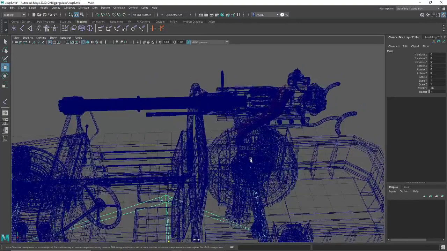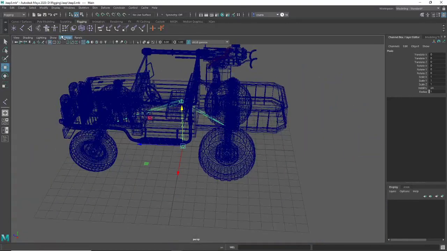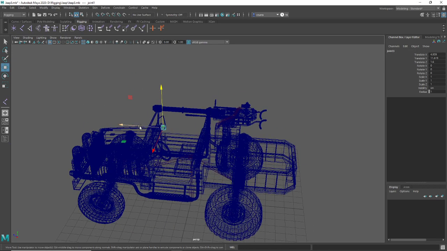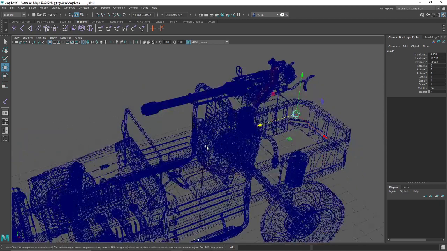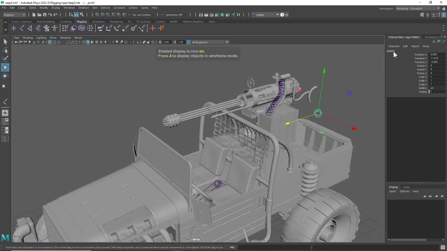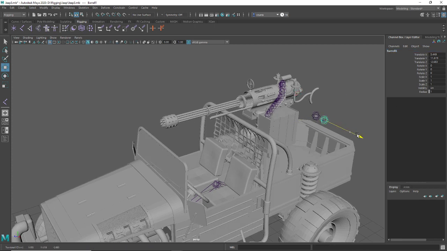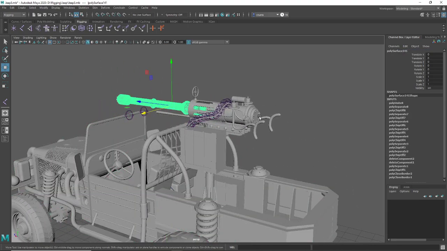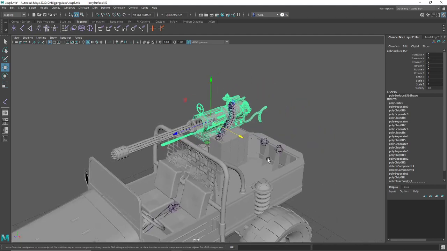Alright, now I know we are going to need something for the turret. So this is going to be, actually, that's going to be barrel. Then we need one for the turret. Yep, turret. And what else we got going on over here? We got just the barrel and the turret, I believe. And we do have the